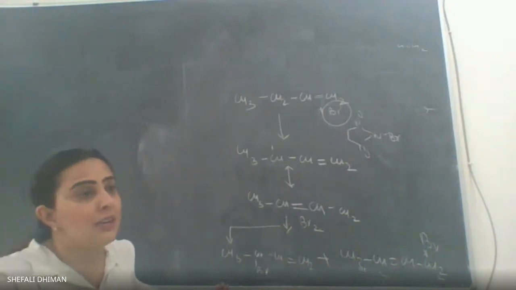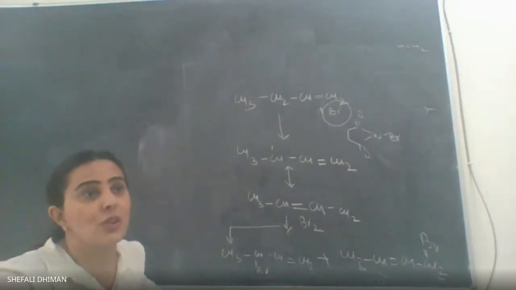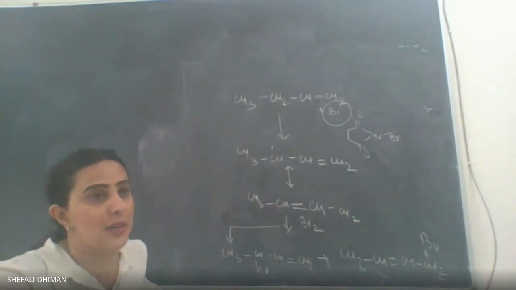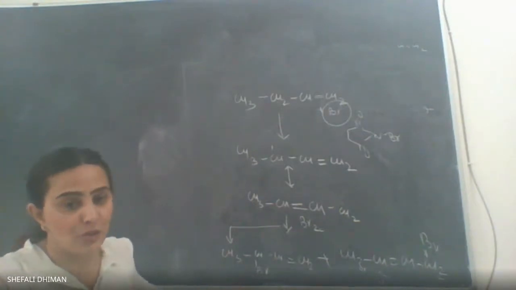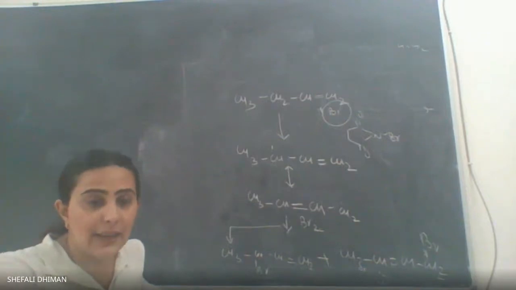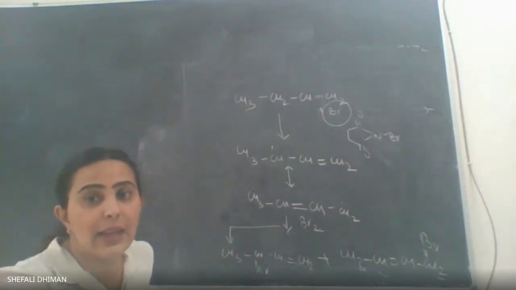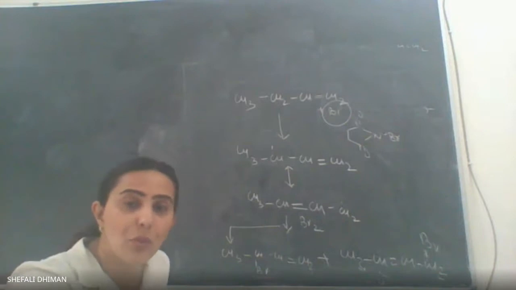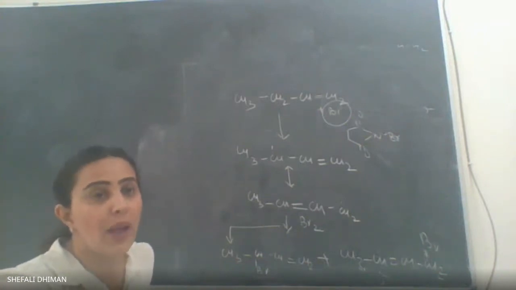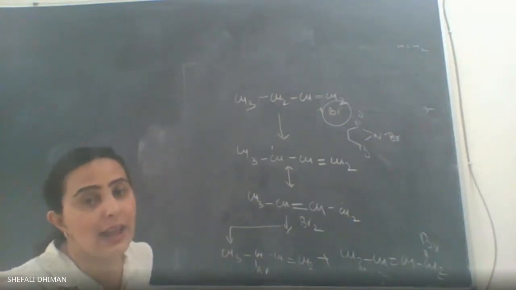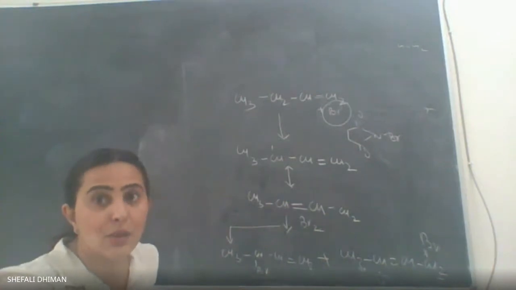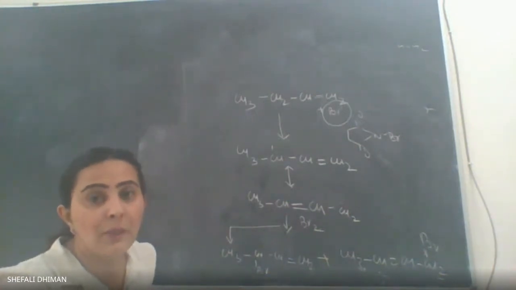So it is the addition reaction which is not happening, but only the substitution reaction that is taking place across the allylic position. I hope it is clear that allylic halogenation is a very unusual kind of reaction where the substitution occurs at the allylic position. So we'll talk about the